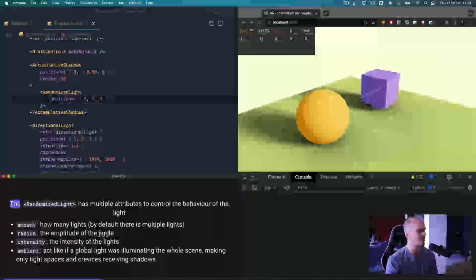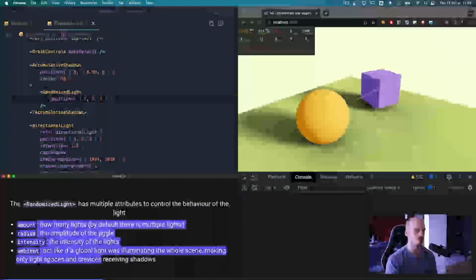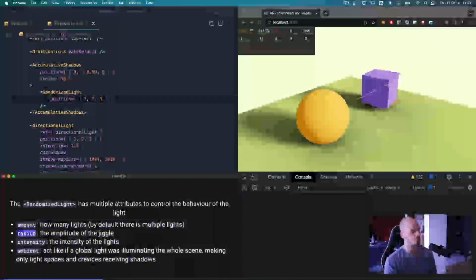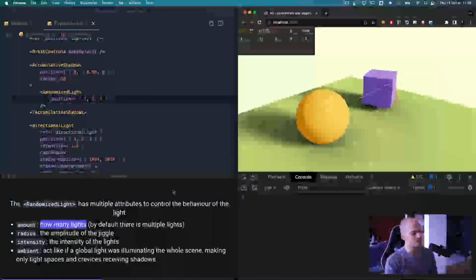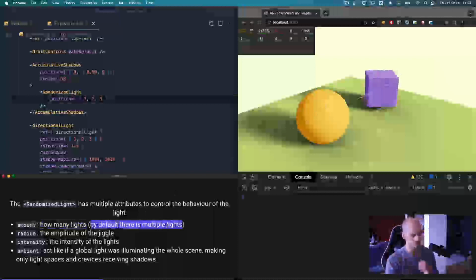Anyway, the randomized light has multiple attributes to control the behavior of the light. I think there are even more attributes, but we are going to focus only on those 4. So first, the amount. We can choose how many lights there are. You can have 1 light that you move a lot, or you can have, I don't know, 3 lights. You will get a different result. It will take its share on the performance,